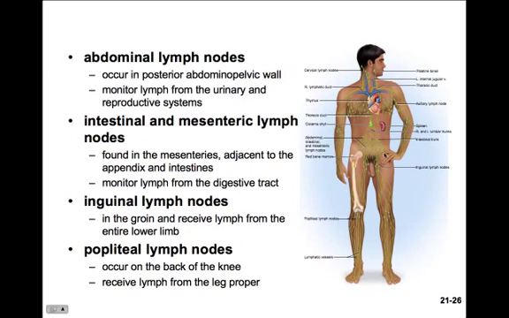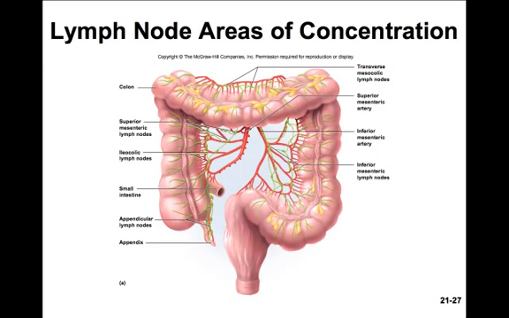There are also inguinal lymph nodes in the groin. They receive lymph from the entire lower limb. And then finally, there are popliteal lymph nodes. They're located on the back of the knee, and they receive lymph from the leg proper, or the lower leg. You can see here the arrangement of mesenteric lymph nodes that are associated with the large intestine. Each of them purifying a portion of the blood that's coming back from the intestines, as well as checking it